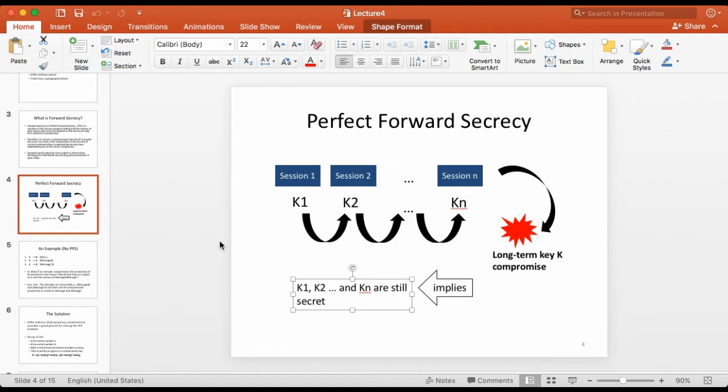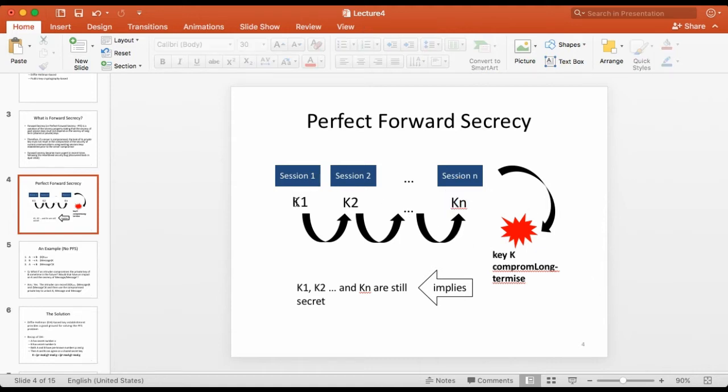Do we still have those keys secret? If the answer is yes, then there's nothing to worry about. If the answer is no, that by compromising the long-term key we also have compromised K1, K2, all the way to Kn, then indeed we must be quite worried, because that means that